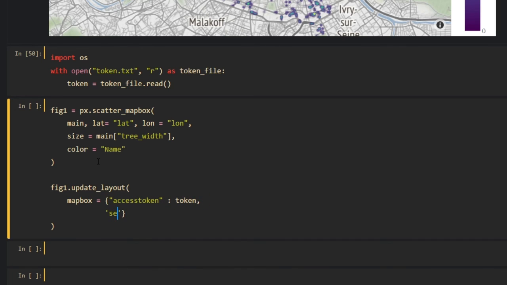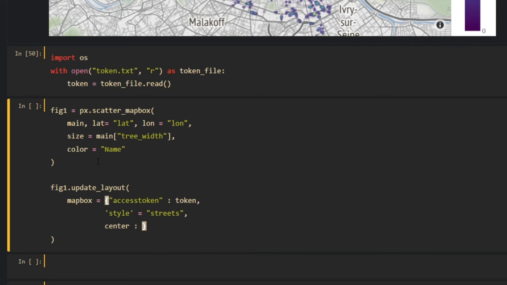Then I'm gonna define the style into the very specific streets, which is looking way prettier. It's the only reason why I'm doing this. Then the center is gonna be a new dictionary of lat, main lat dot mean, and we're gonna go with